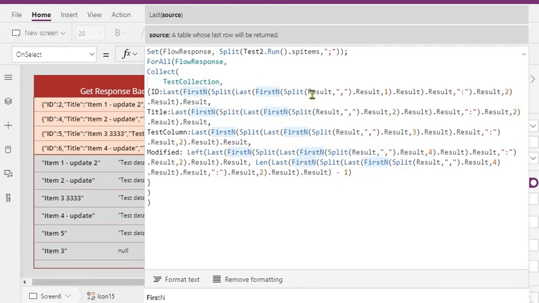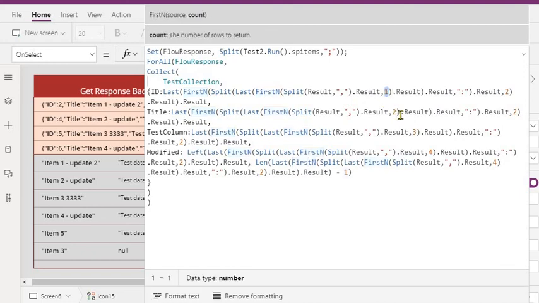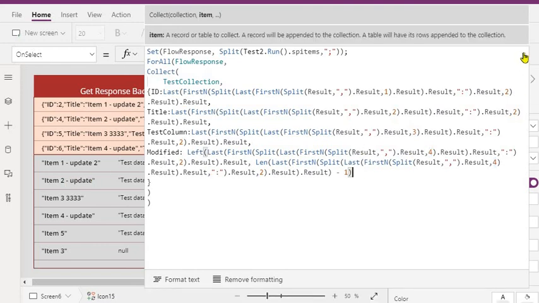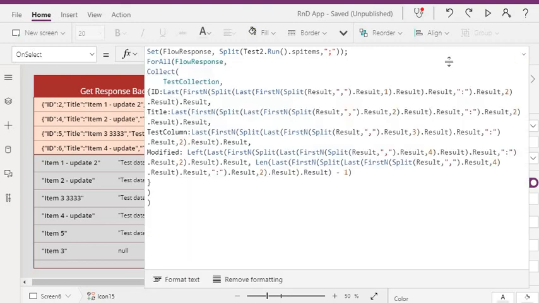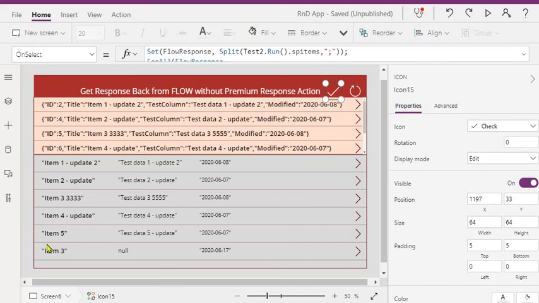You can't use indexing the way we use it in Java and .NET or any other programming language, where you can use square brackets and just put 0, 1, 2, 3. Here you can't use that, so you have to use the Last and First functions, where you can specify, I need first value, second value, third value, and fourth value, like this. And then further you can get rid of these double quotes. You can just make use of Left and Right functions to trim these double quotes.